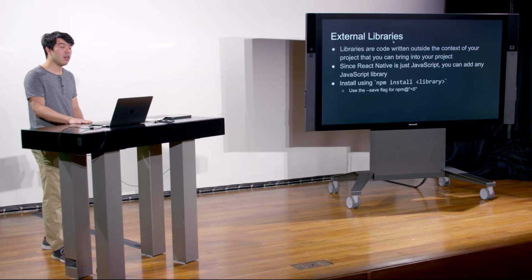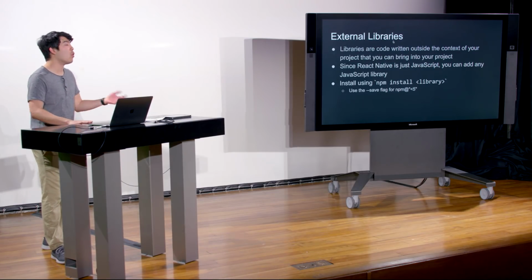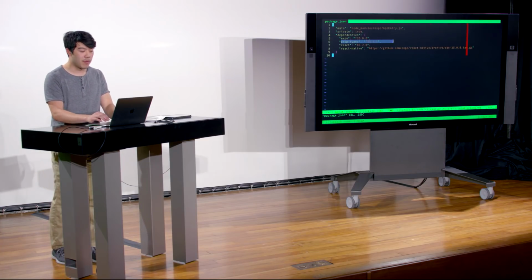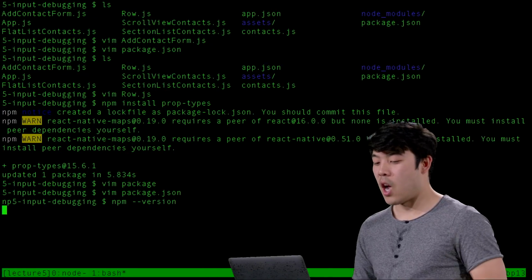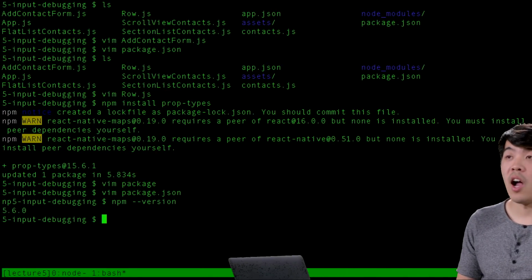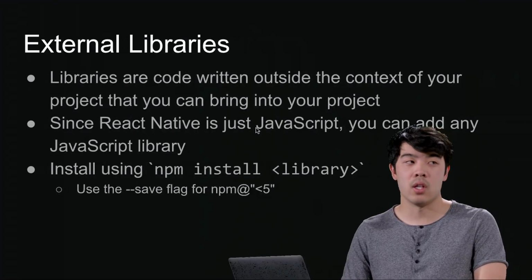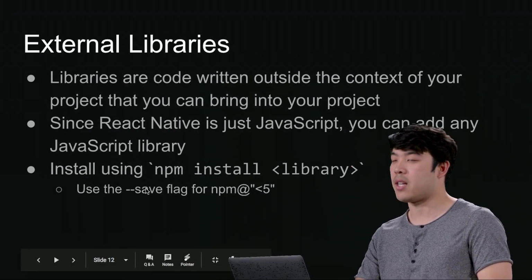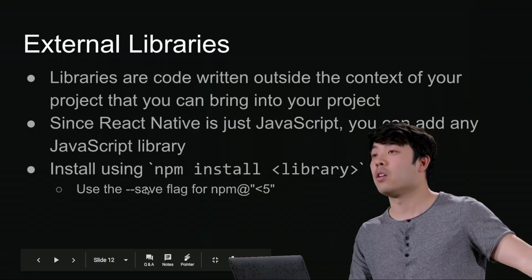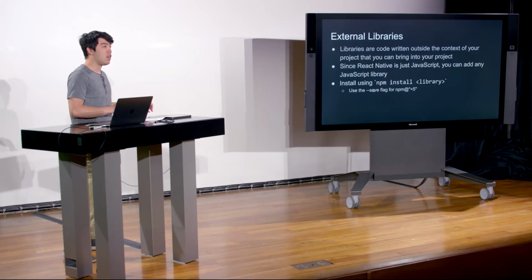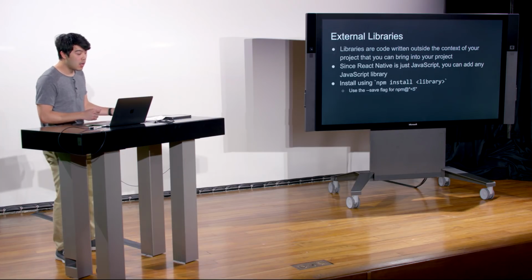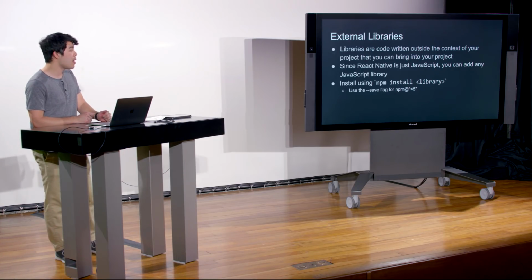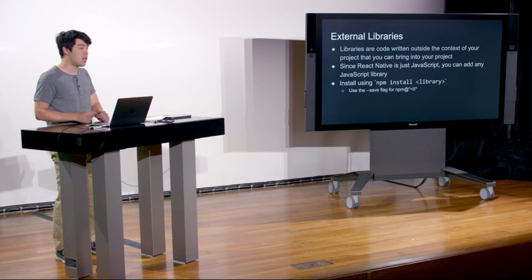And so if you're using an npm version before npm 5, and you can tell what npm version you're using by doing npm --version, I'm running 5.6. Since that is newer than npm 5, I don't need to use this --save flag. Before npm 5, if you just did npm install, it wouldn't add it to your package.json, and now that's the default. But if you are using an older version of npm, then you're going to have to use that --save